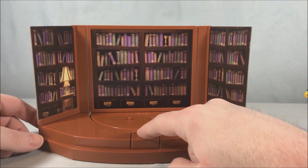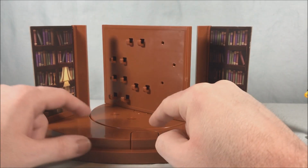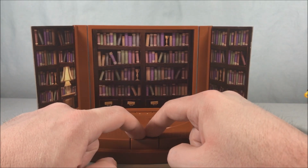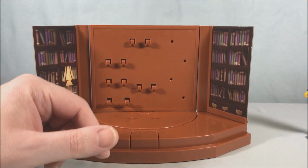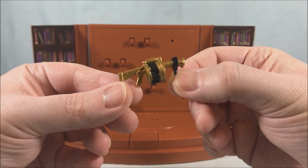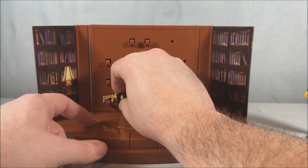You have this button here in the center that you push down, and that gets it to flip around. Now, it's not 100%. It's supposed to go and snap like that and stop, and if you kind of push it down, it will do that. Now, sometimes if you have the guns and stuff on here, they can go flying, and this set does come with 2 accessories here. You can see you have this gun, which fits pretty nicely on this spot down here,